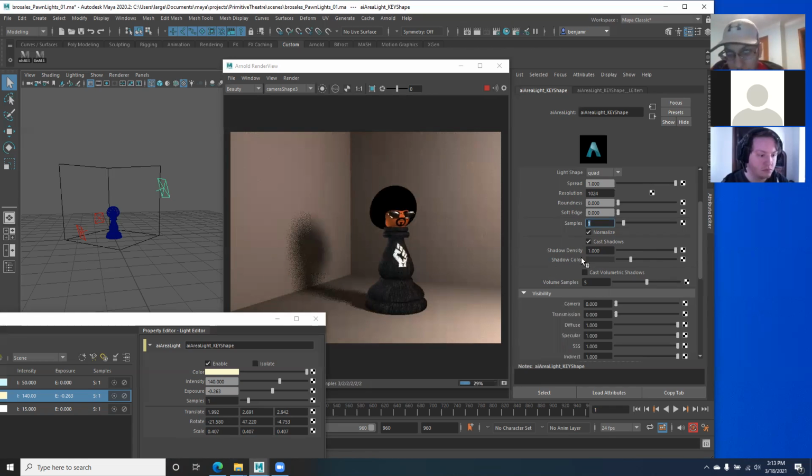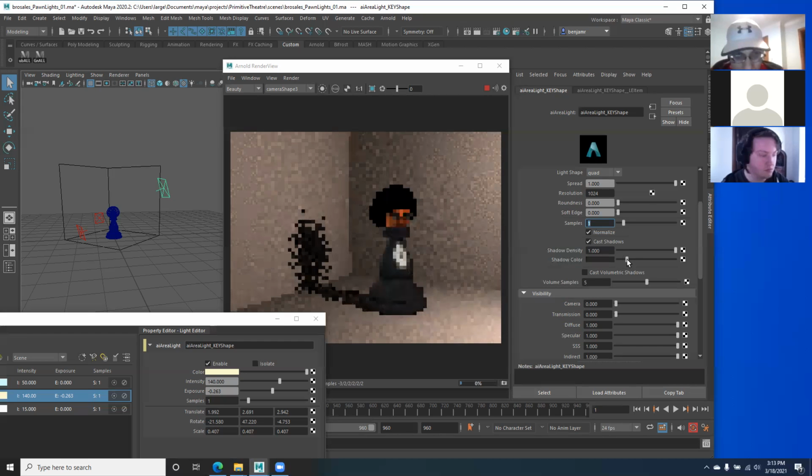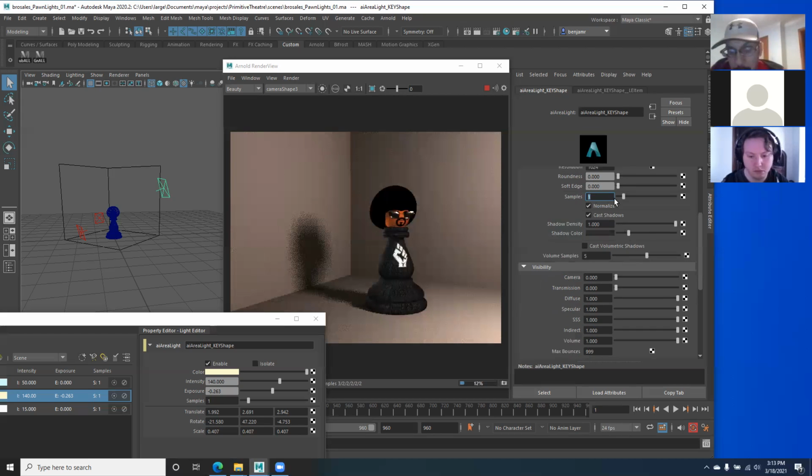Shadow color, like I said before, just keep that to... You don't want a solid black. You don't want this to render solid black. Have some kind of color or tone to it other than black. And then in this section,